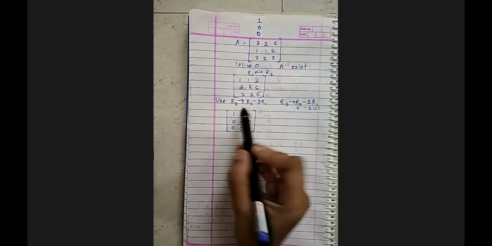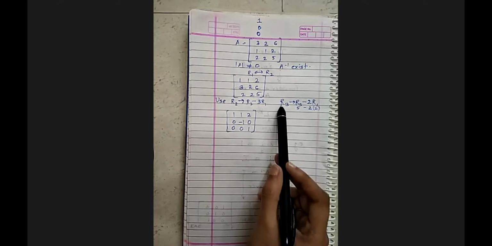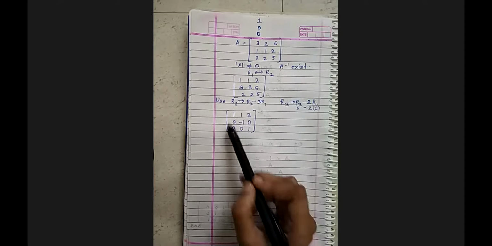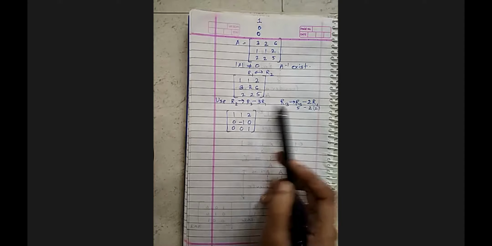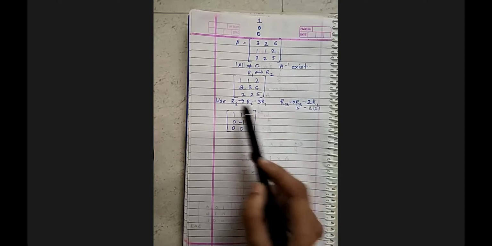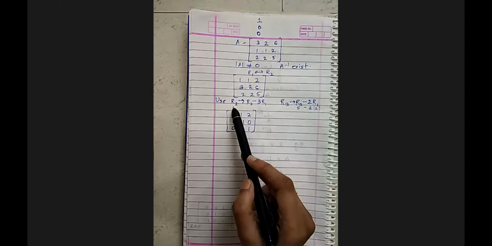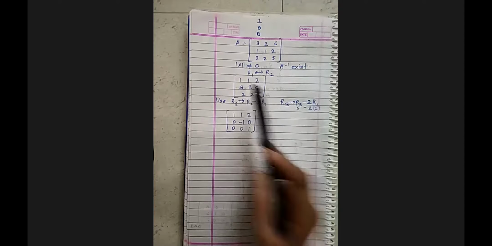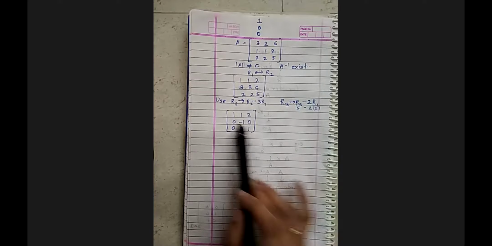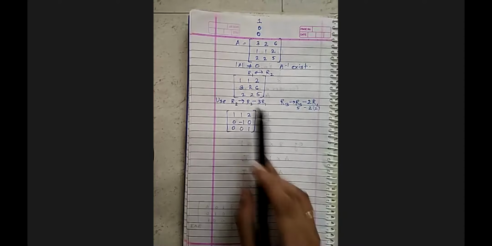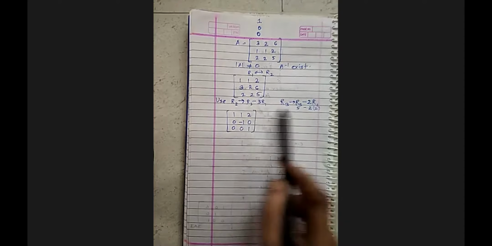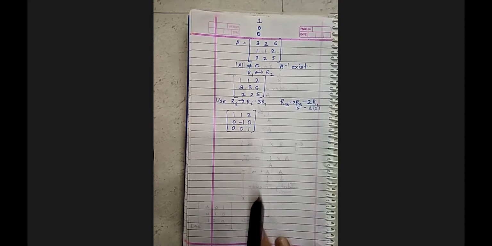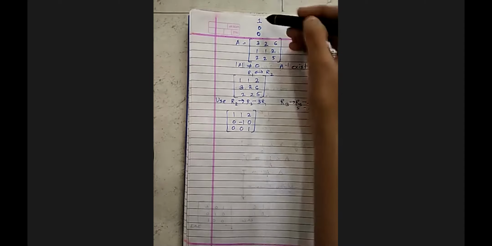So this way you can at a time use two transformations for two different rows. Make sure you're using them for two different rows, and to change these two different rows you're taking the help of the same row, that is R1, which you're not changing. Okay, so for that reason I'm able to use both row transformations together. So see, your first task is completed.